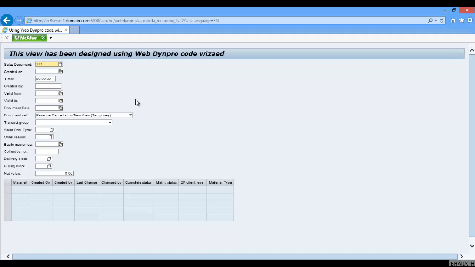Now when you execute the program, since you have written the parameters statement, you will see one input field created in the selection screen. Now you enter some value in the selection screen, VBELN, and execute it. Now the value entered by the user in the selection screen gets stored in the parameter variable p_vbeln. Let's say for example in the selection screen you have entered value 10. So where does that value get stored? The value gets stored in p_vbeln.